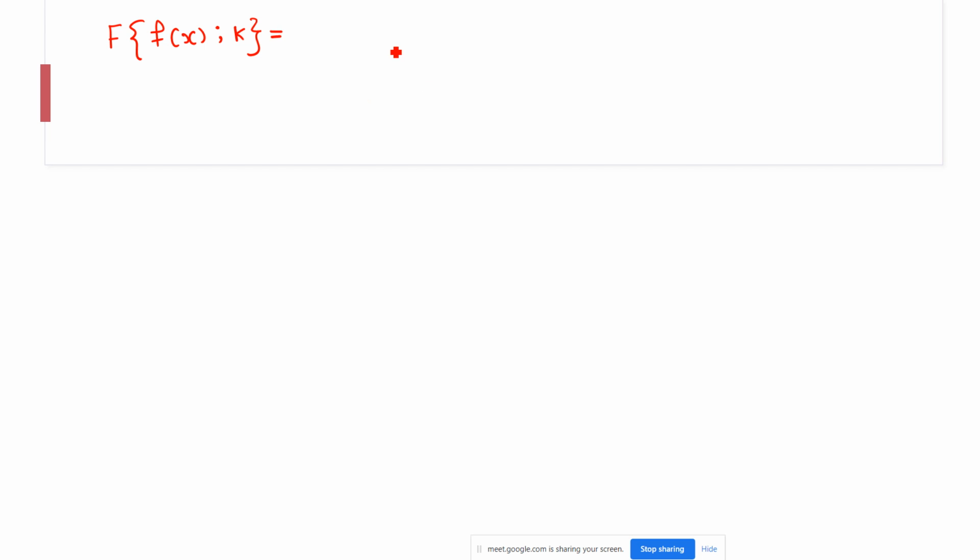We will denote it by capital F of k and the formula was 1 by root 2 pi, integrating minus infinity to infinity e raised to minus ikx f of x dx. Fourier transform of any function is given by this. If someone knows what is a Fourier transform, तो Fourier inverse